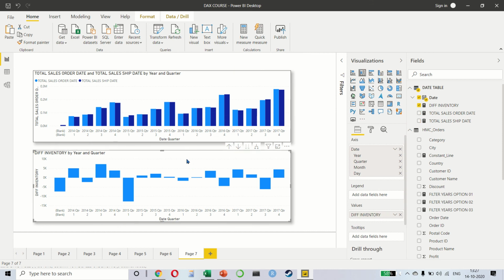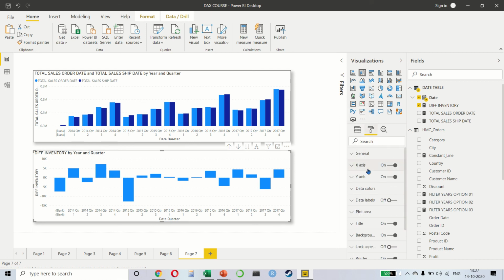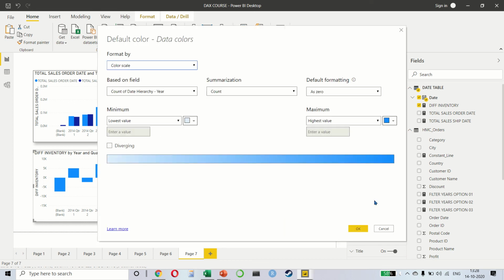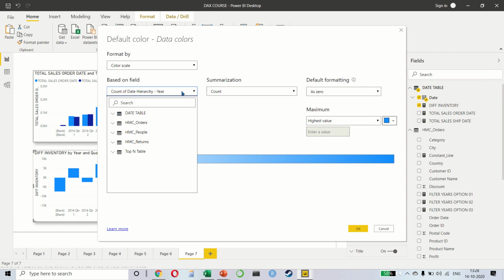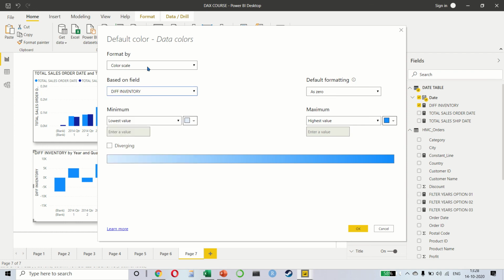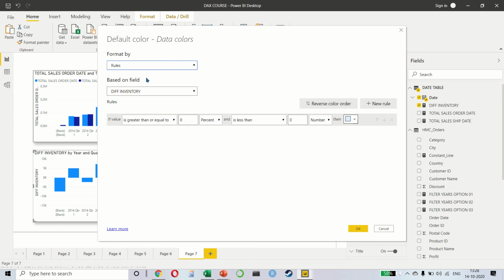Just a small tip, whenever you do something like this, you might want to color red and green the numbers that are greater or lesser than 0. For this, you can go to Format, go to Data Color, and then click on this Conditional Formatting button. And very simply, we will say that the value is my difference inventory, and we want to write a rule, which means that if the value is greater than or equal to,